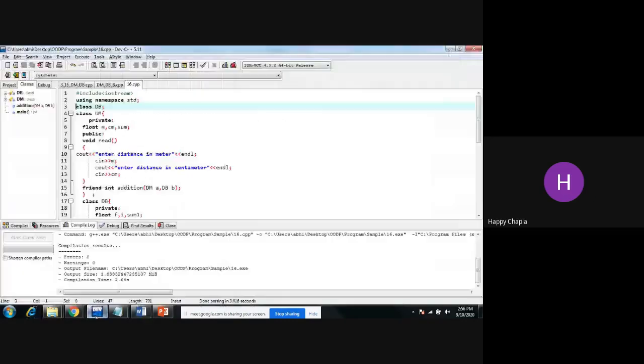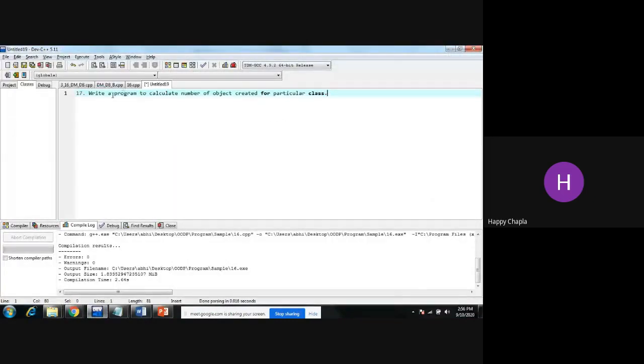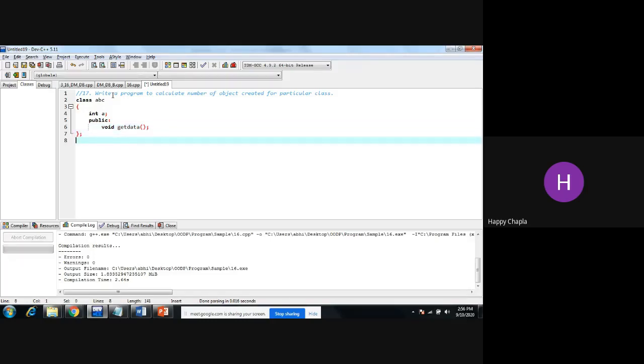Okay, what they want to suggest to us is that if I have class ABC, with some variables and some functions, and in the integer main I have one object of ABC class, A. When I run this code, it needs to tell me that one object is created.